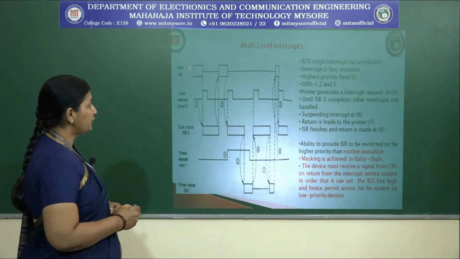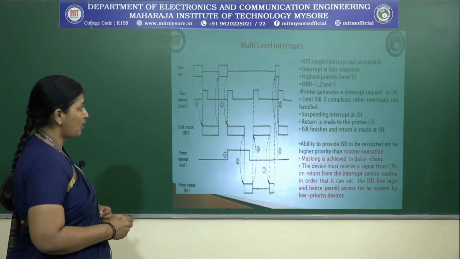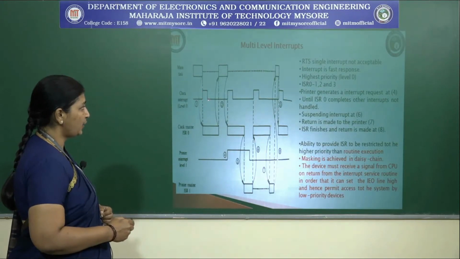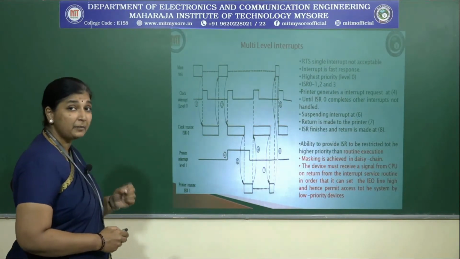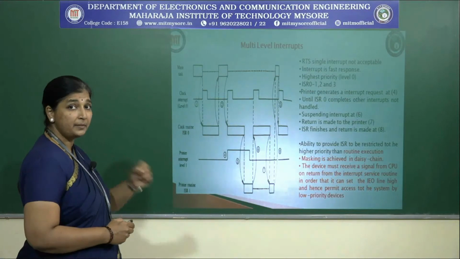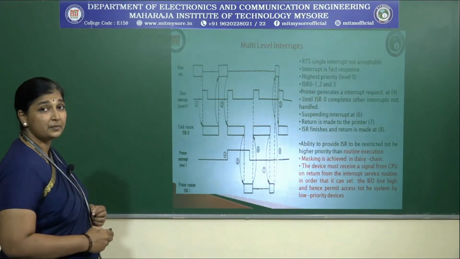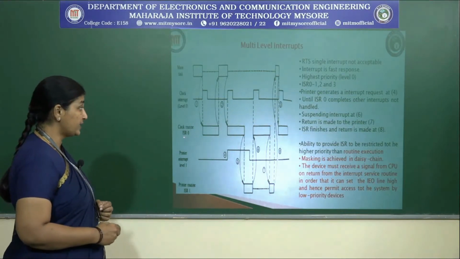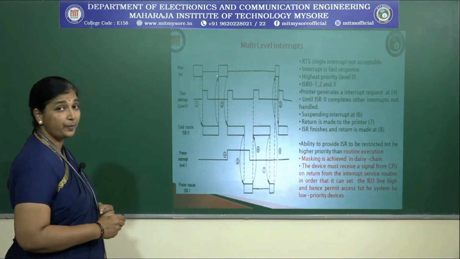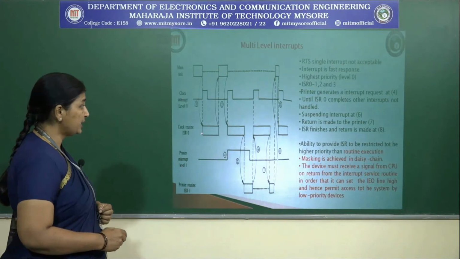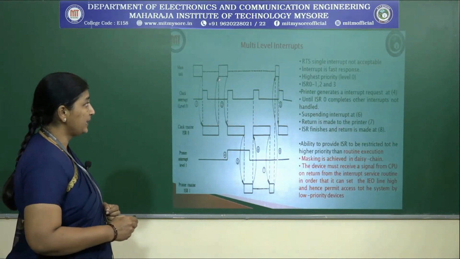For the first clock pulse, clock 1, you have a rising edge and a falling edge. At this instant of time, what will happen? An interrupt request is being sent to the CPU. An interrupt service request is raised in the clock routine and it will be acknowledged by the CPU. So during this time the task will be completed.